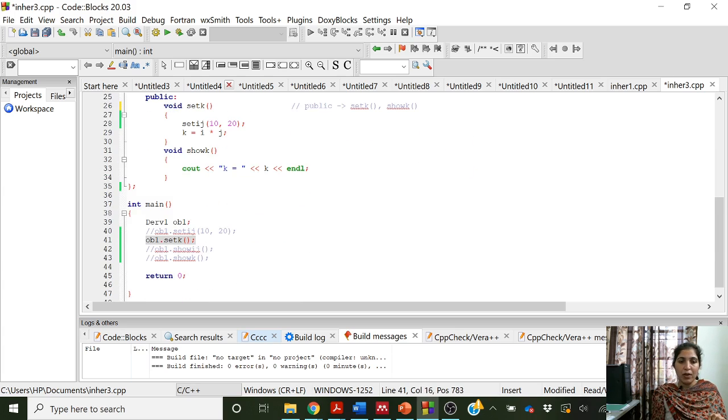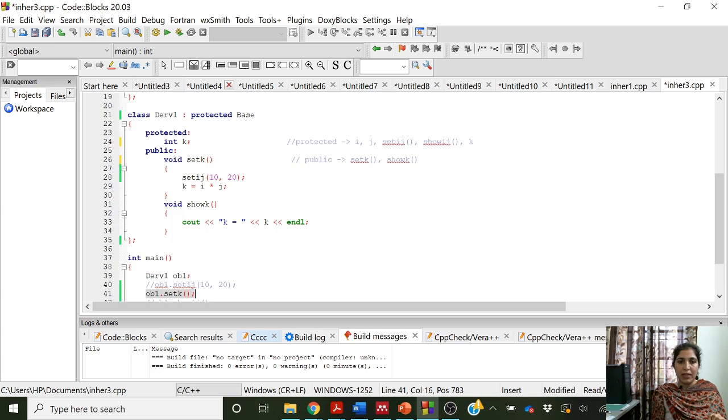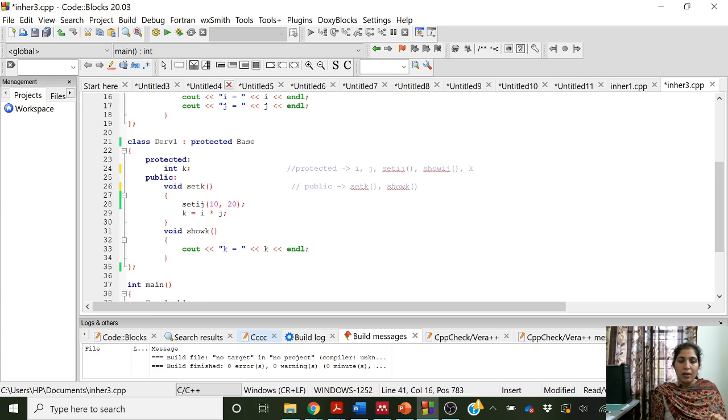So that is why this statement was running perfectly. And in order to set the values of i and j, we put a call to set ij here, because the members of a class can access each other. Set k can access set ij, show k can access show ij, and so on. So within a class all the members are accessible.